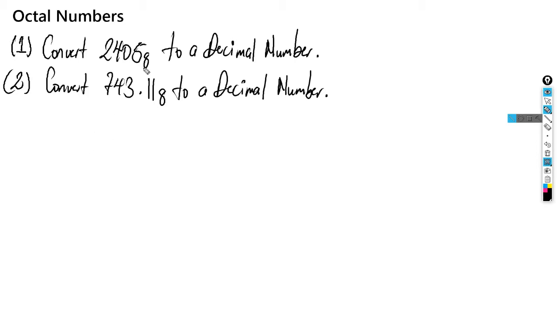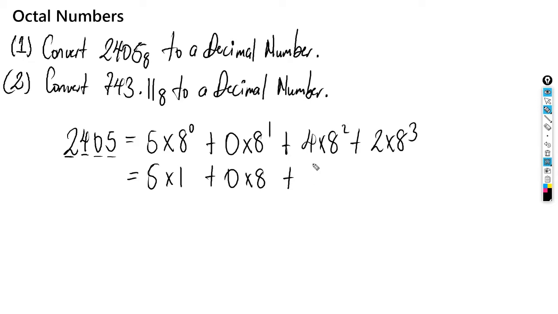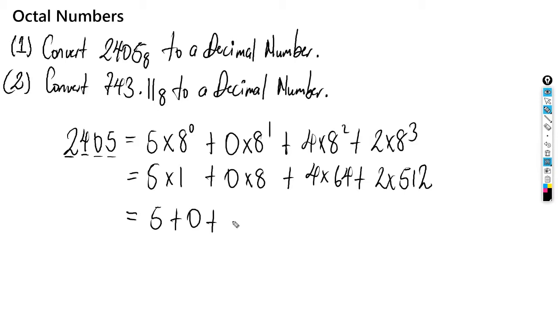It says convert 2405 in base 8 to a decimal number. So let's look at that. 2405 should be equal to, let's start with 5, 5 times 8 to the 0 plus 0 times 8 to the 1 plus 4 times 8 to the 2 plus, for 2 now, 2 times 8 to the 3. So it's 5 times 1, plus 0 times 8, plus 4 times 8 squared, which is 64, plus 2 times 8 cubed, which is 512. So we should end up with 5 plus 0 plus 4 times 64, which is 256, plus 2 times 512 should be